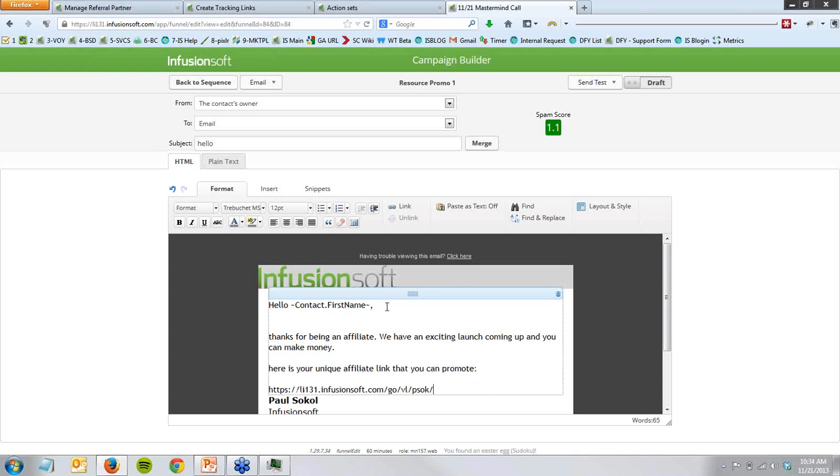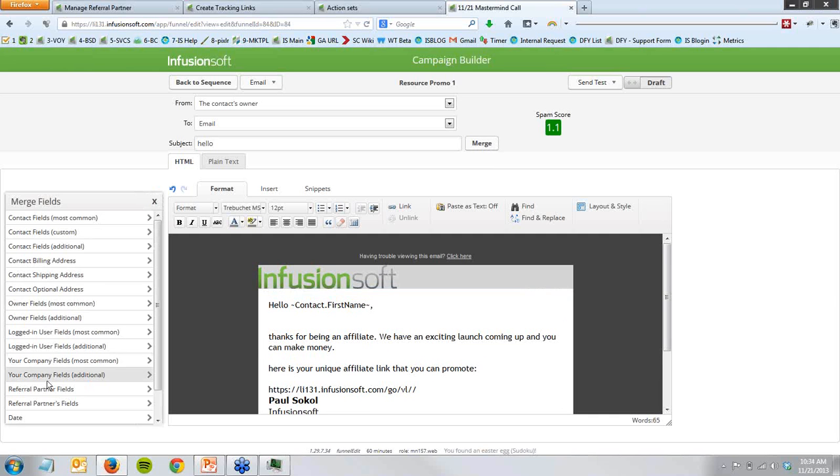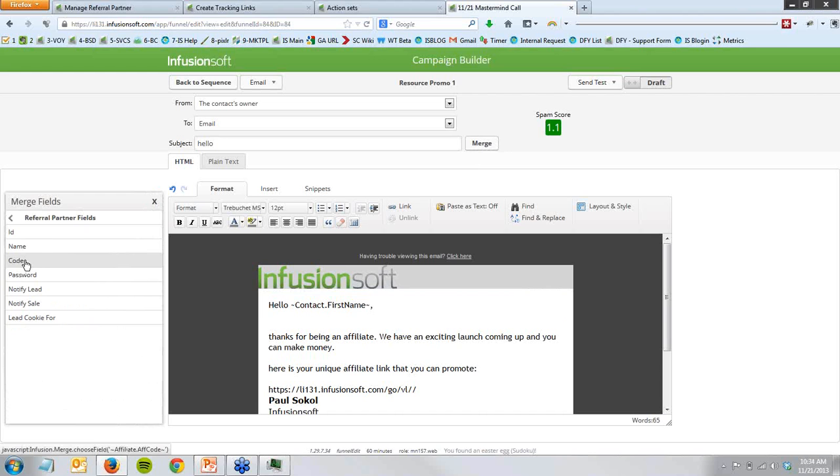Okay, so here's that link, right? Everything is the same except for this variable, the affiliate code. If you look in your merges, you have referral partner fields and you have affiliate code. So this is how you can deliver the affiliate link to your affiliates that actually has their legitimate link in